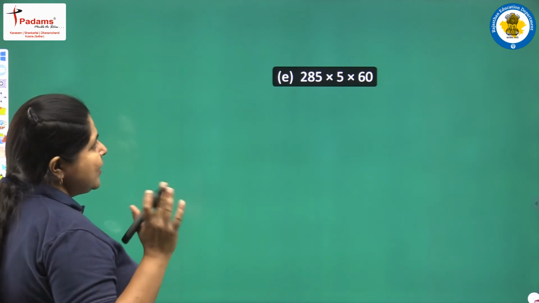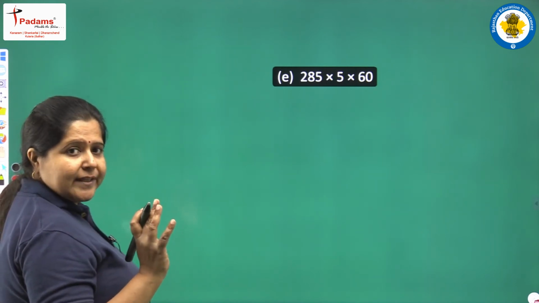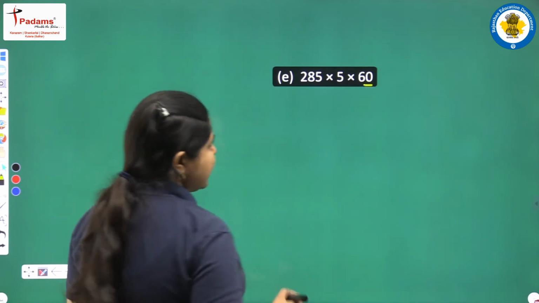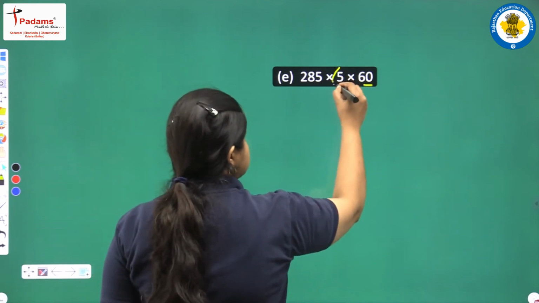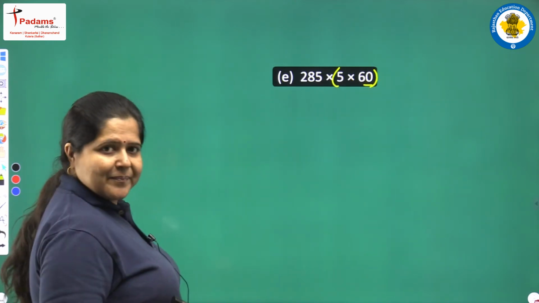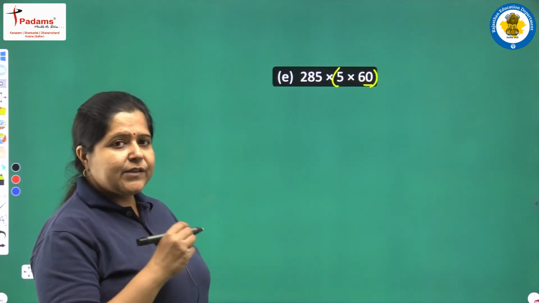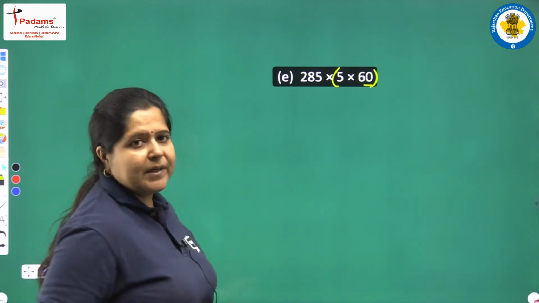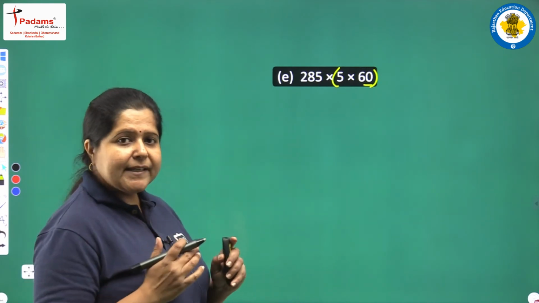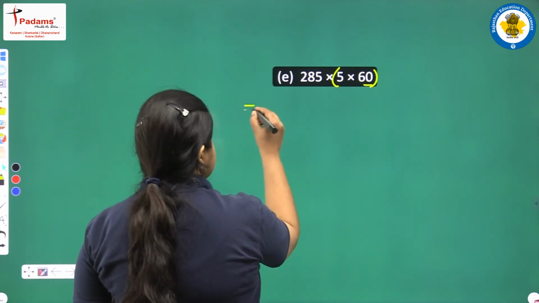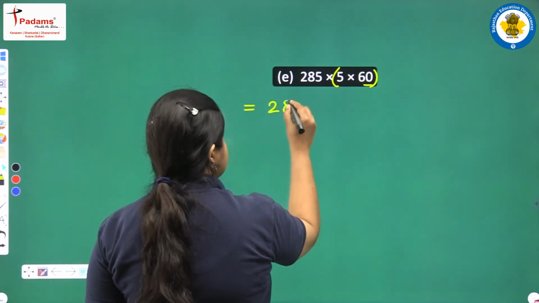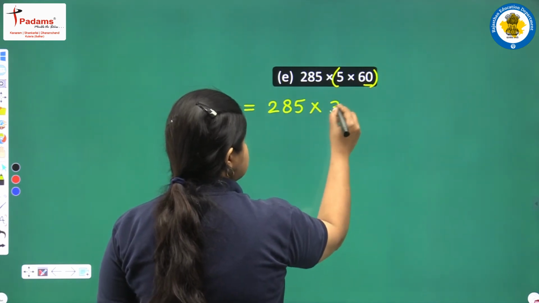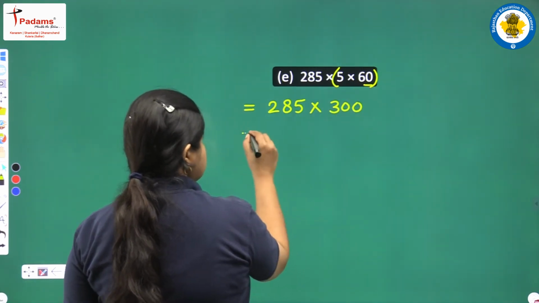Again you can see which two numbers should be paired up together first. Clearly 5 6s is 30 and this 0 we already have. So we should pair up these two numbers together first. So there is no need for applying the commutative property. We are already having these two numbers together. We simply need to apply the associative property.